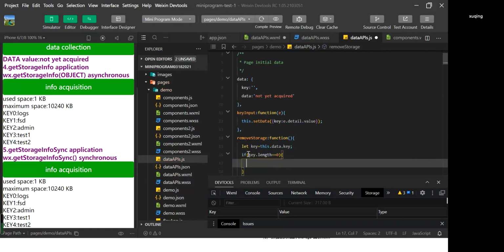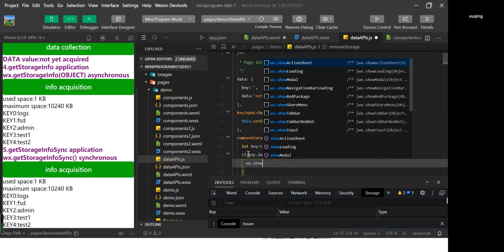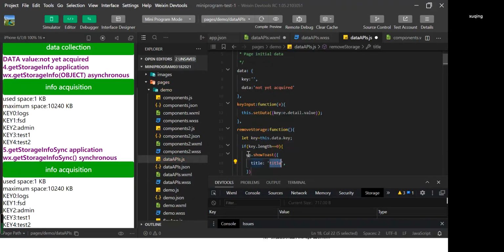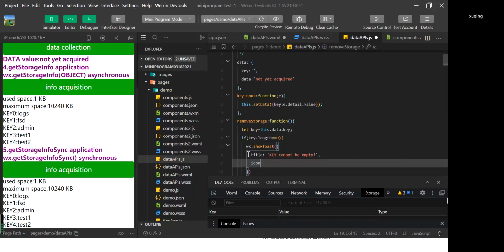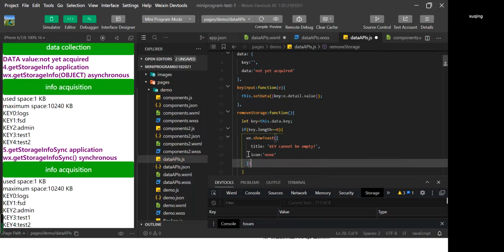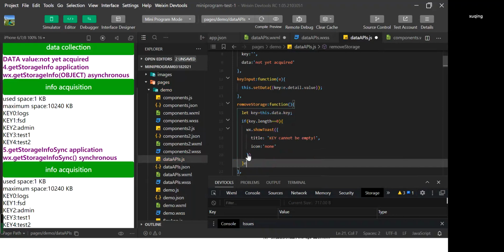If the length is 0, then we need to say that its key cannot be empty. Yeah, it's similar for many parts. And then we set icon none. And if it is not empty, then we can